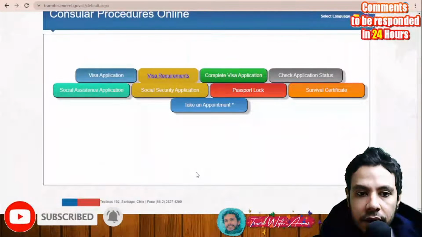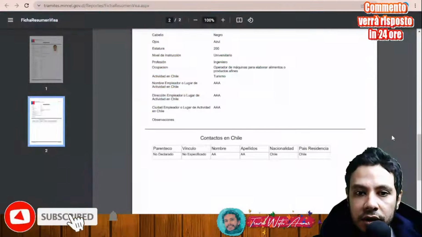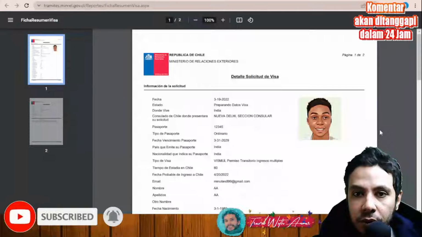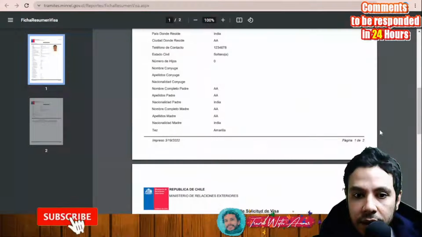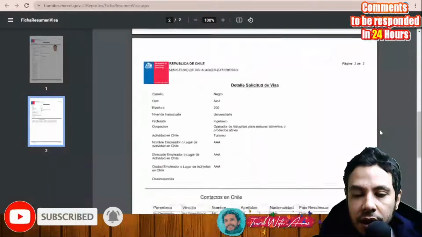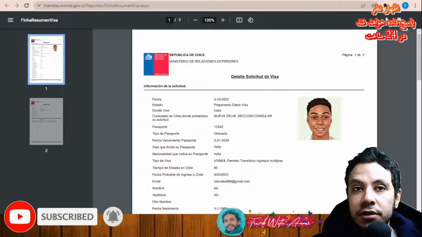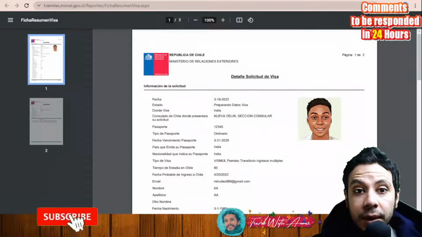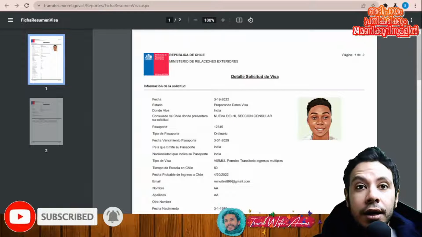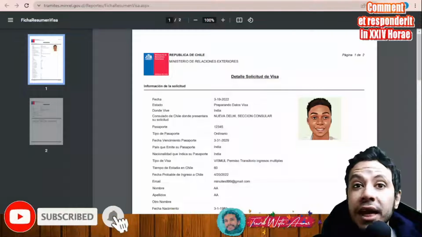Okay, and by clicking end, I submitted my visa through this portal. And now I have this visa application form with me. So what you need to do after that is print this application form and take it along with all the required documents that we will be speaking about at the end of this video to the nearest